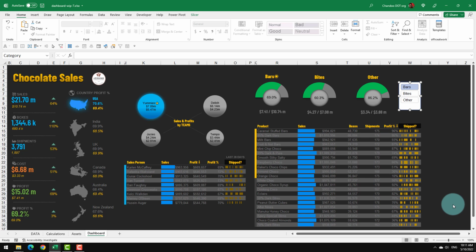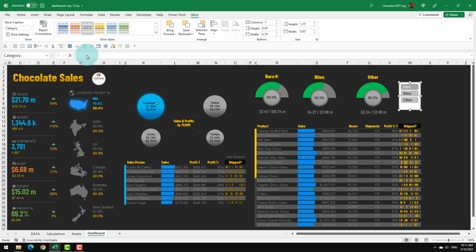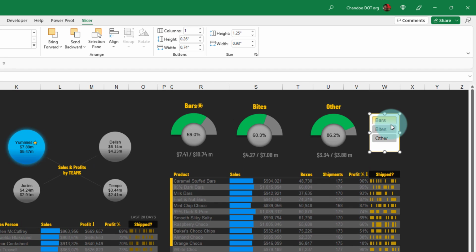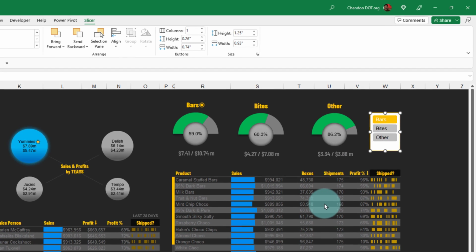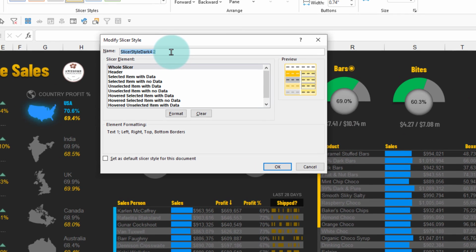To do this, you can go to slicer and there are many styles that exist. So light and dark styles. If I pick one of the dark styles, it should match, but unfortunately none of the styles within Excel slicer style options are close enough to what I need. So I'm going to pick something that is good enough. For example, this one, the gold color is synchronized very well with the rest of the gold coloring that we went with. And then from here, I'll right click, duplicate the style, and then we will call this